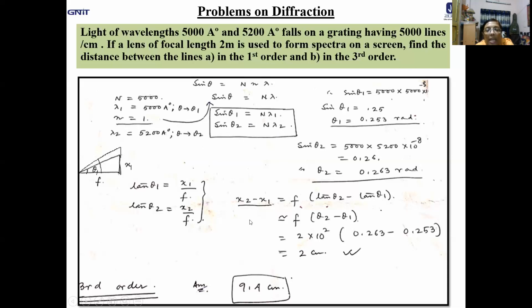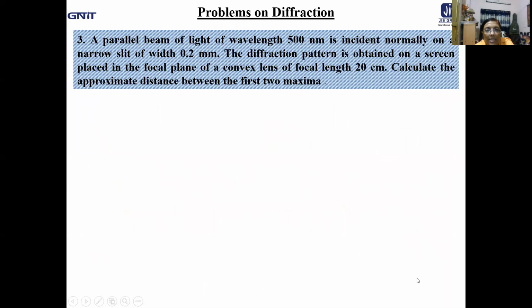Okay. So the previous problem and this problem are similar so far as methodology is concerned, but the previous one was for single slit and this is for grating. So this is for maxima, accordingly the formula is chosen and the answer you got like this. I think all of you are understanding. These are type problems. Let us now move to the third problem.